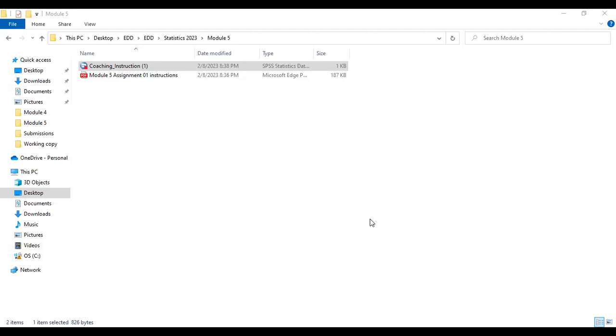Module 5. We're looking to see if the data that we have is showing if a 15-minute coaching session has any significant effect on bowling scores. Now, we're going to assume our assumptions for performing this paired t-test have been met and that there is a significant effect on bowling scores. That is our hypothesis. So I'll open up our data in SPSS,